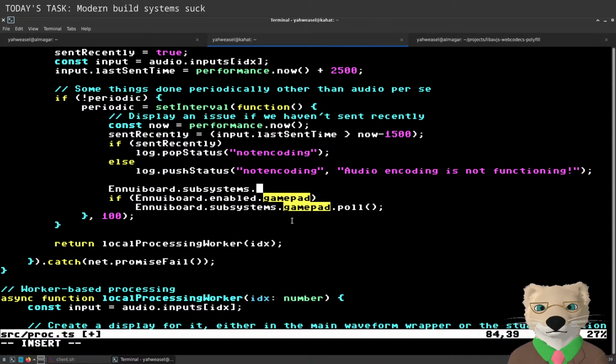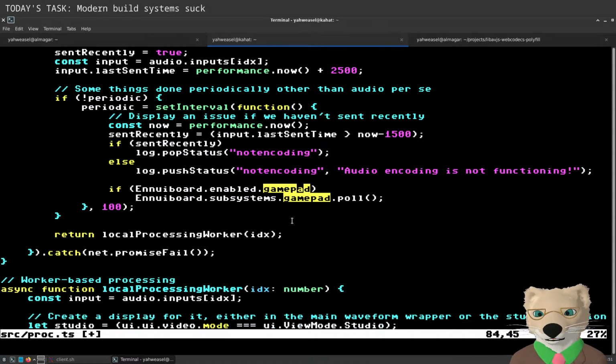Dot subsystems dot... Does it just not know anything about subsystems? Oh! Wow, that's so interesting. I will bet that if I go like this...